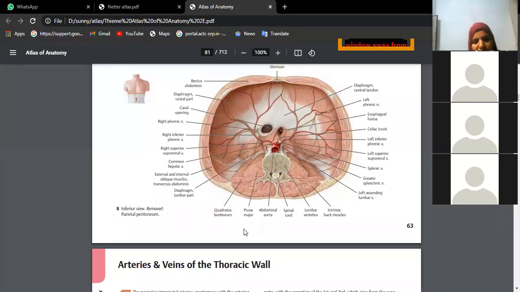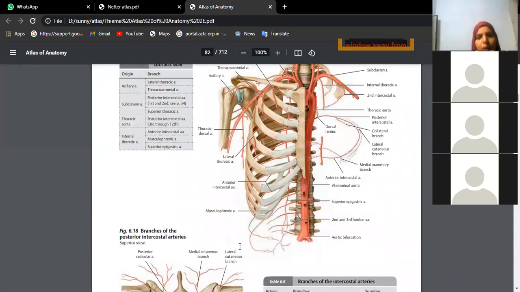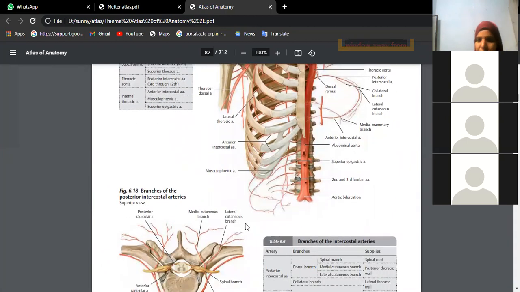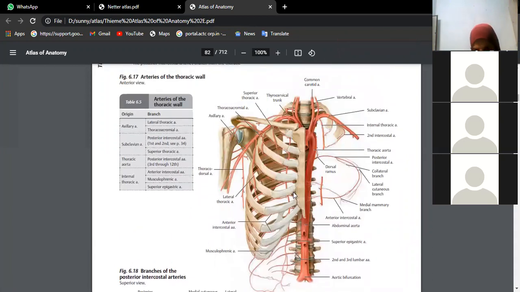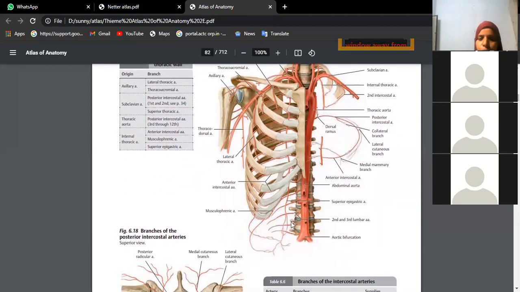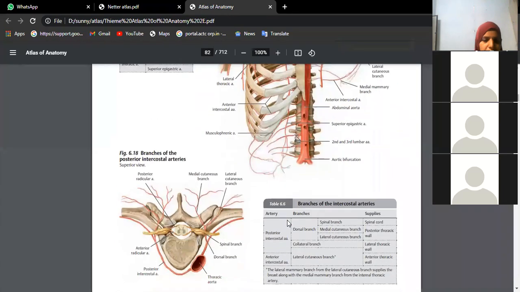Okay, beta. So this is about diaphragm. Just observe diaphragm tomorrow when you go. An important thing is when you cut the rib cage and see from inside, you will see the artery is running like this. What is the name of this artery which is running like this, coming from subclavian? Internal thoracic artery, also called as internal mammary artery. If you remember this internal thoracic artery, it gives like intercostal arteries, no? In each space it gives two anterior intercostal arteries, right? In the sixth intercostal space, it divides into two. That is, one is laterally musculophrenic and medially superior epigastric. Isn't it?